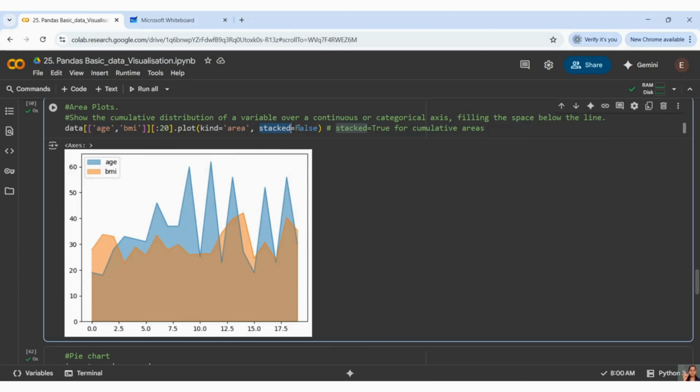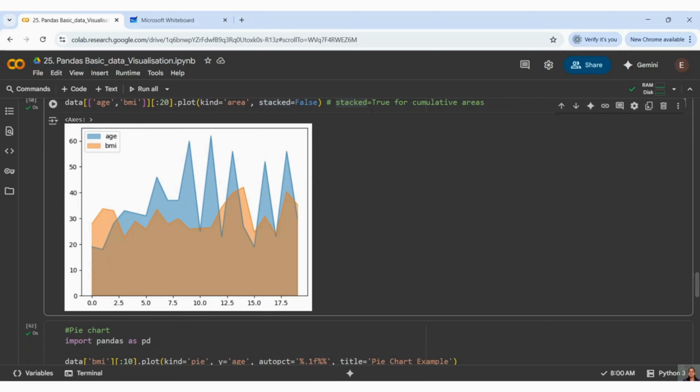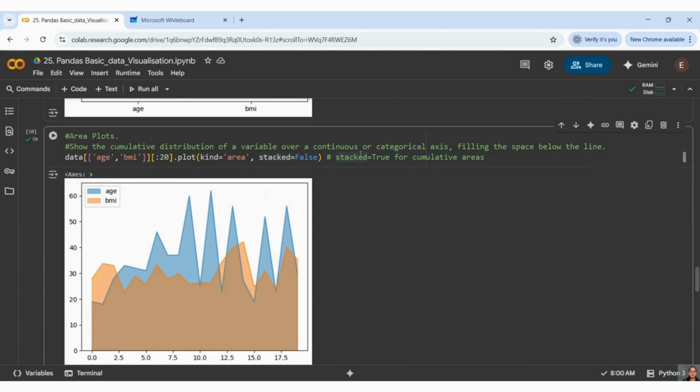So guys, whenever you are drawing these plots, you should be able to know what should be the property which we can consider for that particular plotting. Just for example, when we are drawing a scatter plot, we need to have x and y axis, right? So if we practice now, it should be very easy for you to understand. So here, when they're talking about stacked equal to true or stacked equal to false, it is telling the cumulative area aligned towards each other.